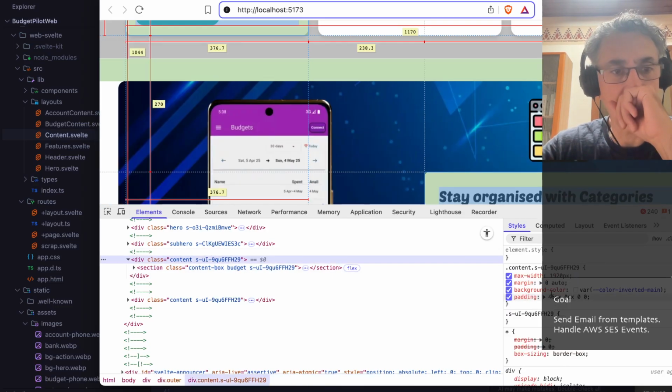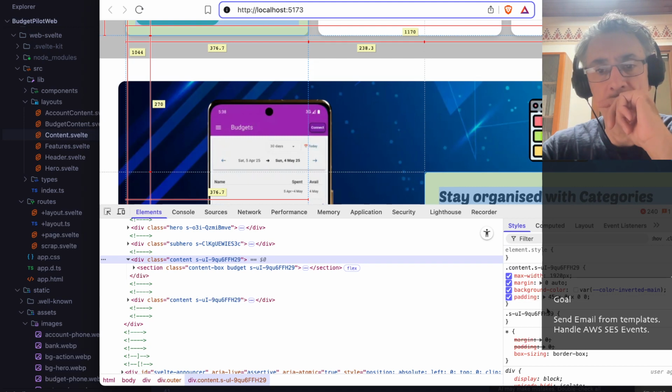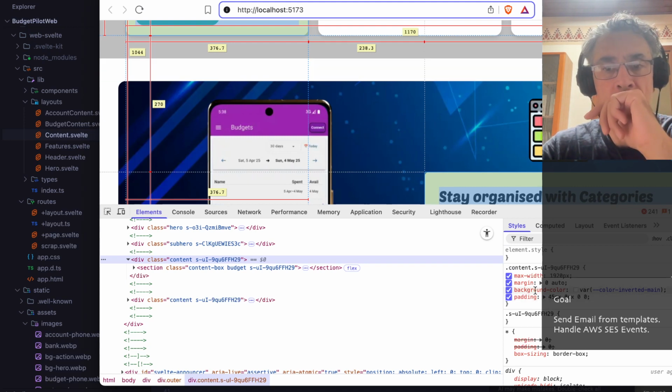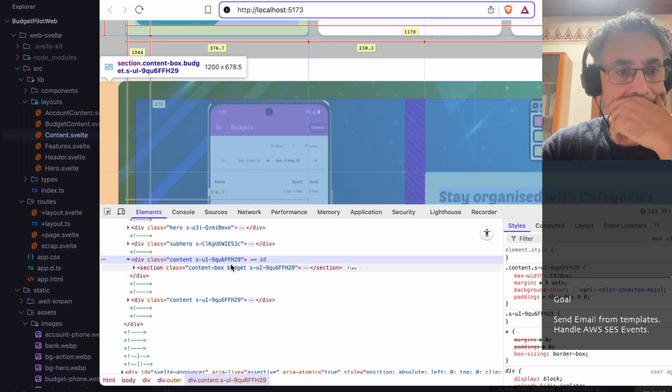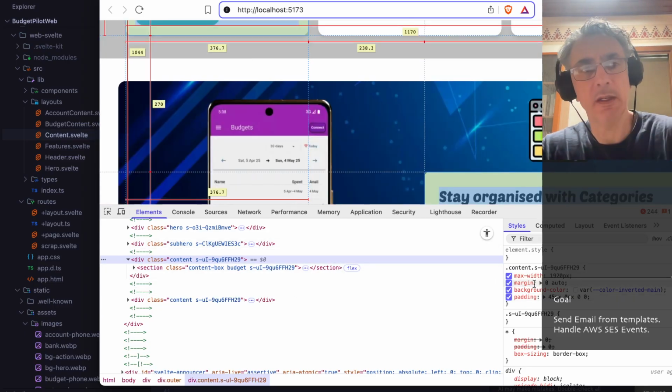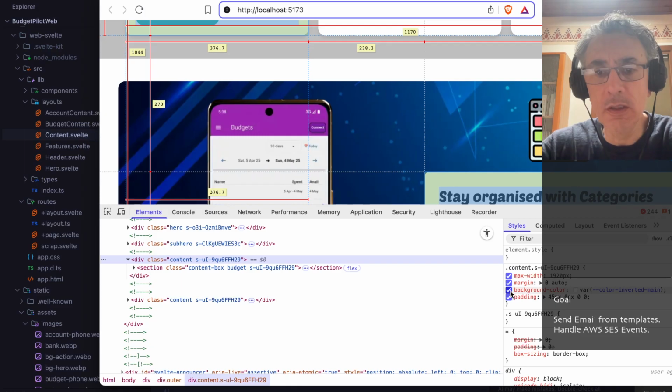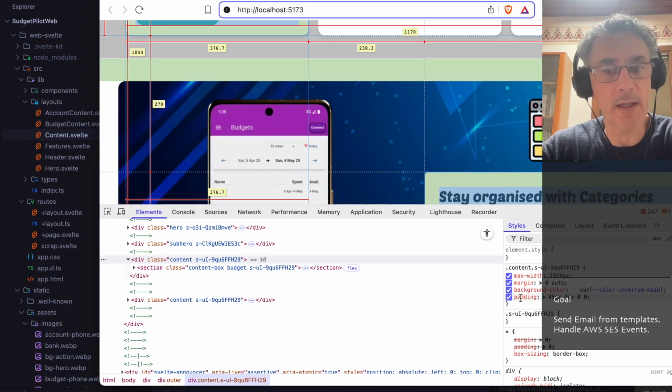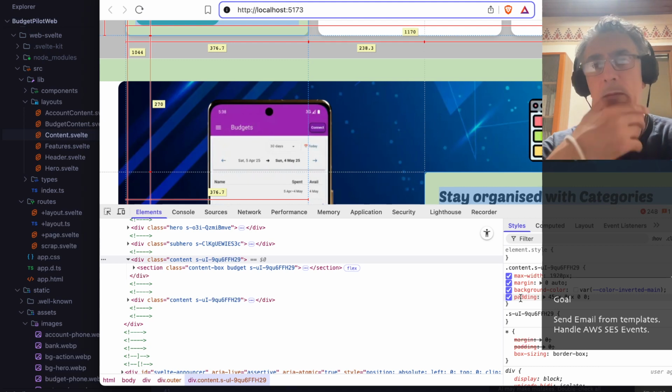So why can't content push it? We can't touch margin. There is this background color inverted main, which is white, I think, basically. Yep, white. That's fine. So we have all this padding that is white and it's pushing our